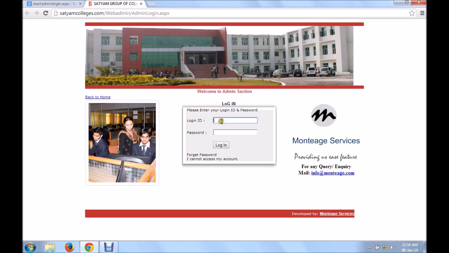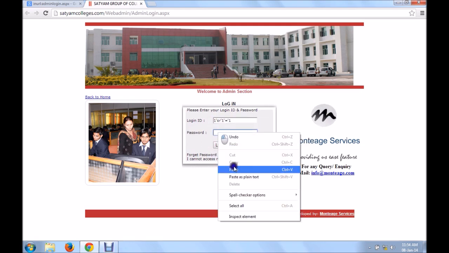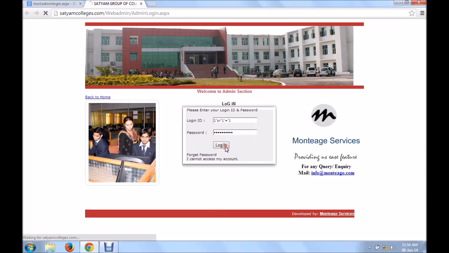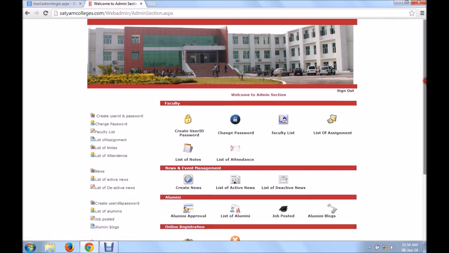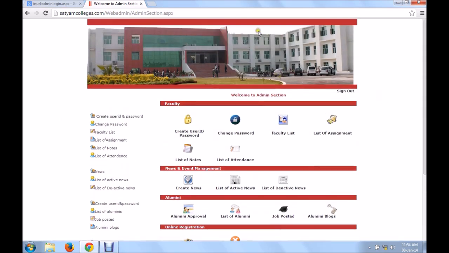So first, over here, I don't know the username and password, but I have one string which I'm going to apply over here. That is 1 or 1 is equal to 1. The same string I'm going to copy and put in the password field. Let's see what happens. You can see after login, I'm logged in. Now all the sensitive information is present over here. This site may get defaced totally, but we don't want to do any such malicious work, so I'll just sign out over here.